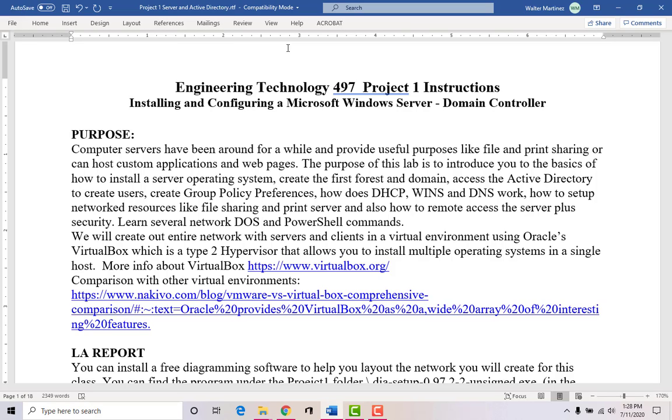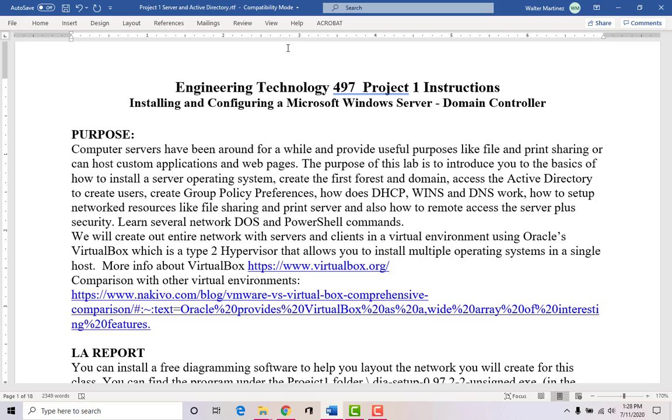And other useful things are installing applications on those servers, like databases, web servers, financial applications, and those things. So there's a lot of common businesses that have server environments, and that include Microsoft Windows Server. They are the easiest to install and configure, and we're going to go through that in this lab.